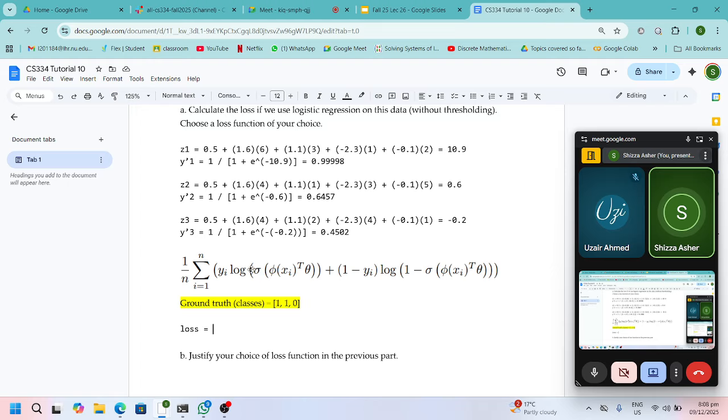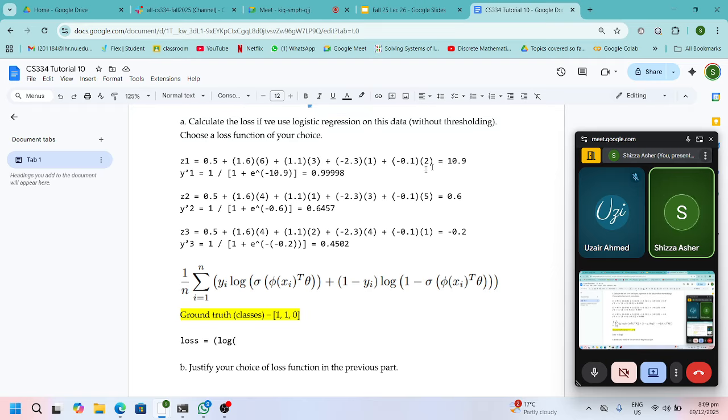For every single data point though, this is the operation that you are performing. So I am taking yi, yi is my ground truth, and for the first example, my ground truth was 1. So I will take 1 and do 1 multiplied by log of, well, 1 we don't actually even need to write. So log of this thing, and this thing was what? It was my predicted value that came here for the first input,